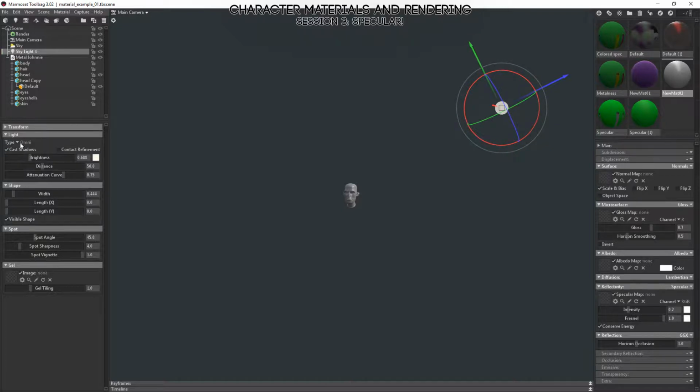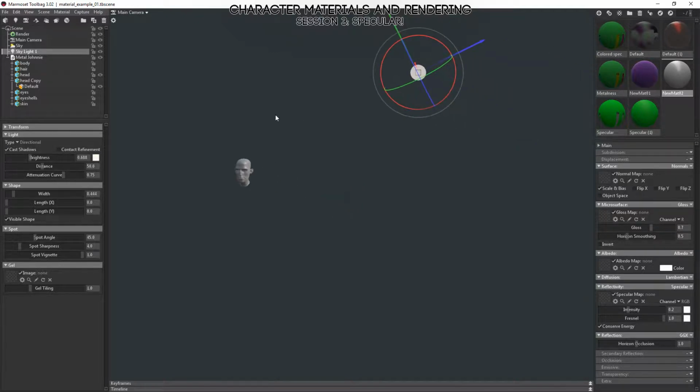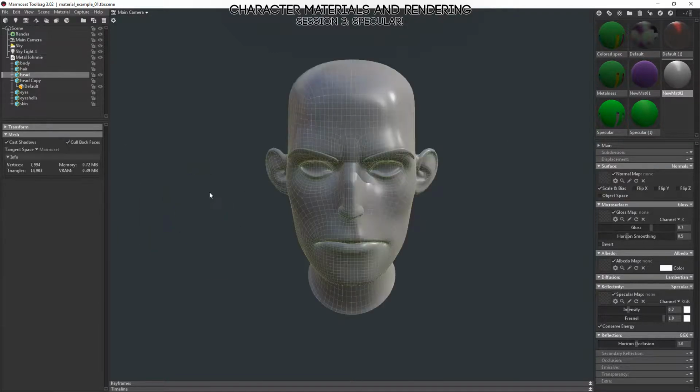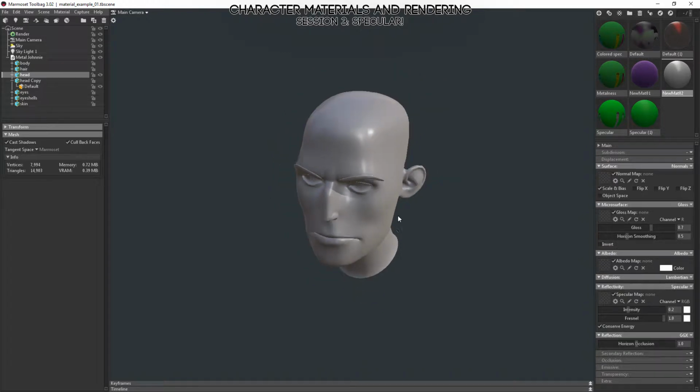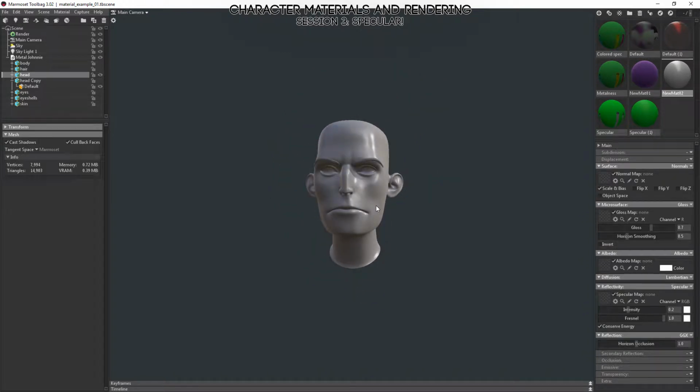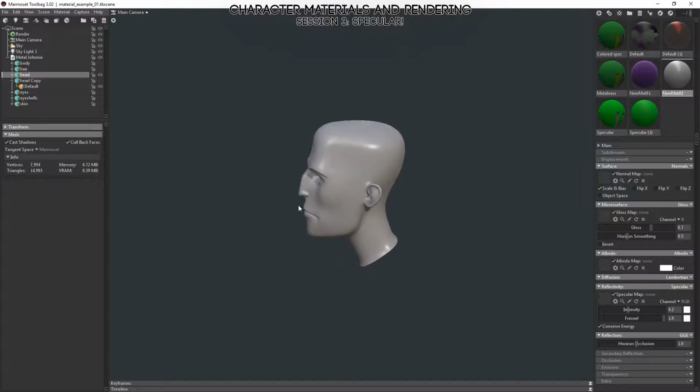Or an omni-light. Those are the three basic types of lights that you'll see in games and rendering in general. I'm going to be going over these different types of lights in the future, but let it suffice to say that these are the lights that are going to be doing things like casting shadows, having nice point highlights like you can see right here, and just generally lighting things in scenes and lighting characters. They're the main tools in your toolbox for lighting characters,